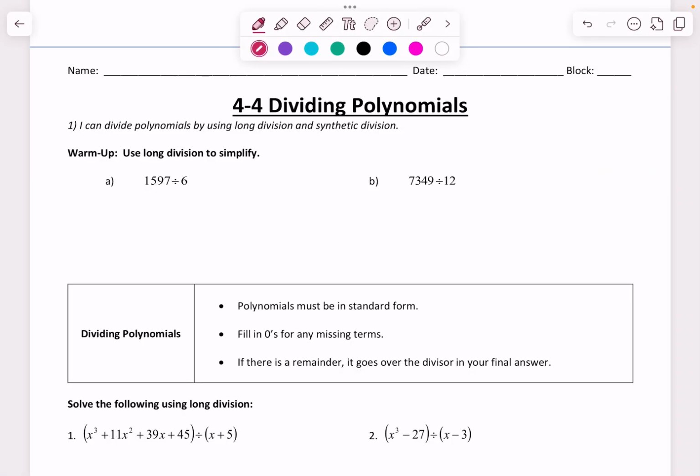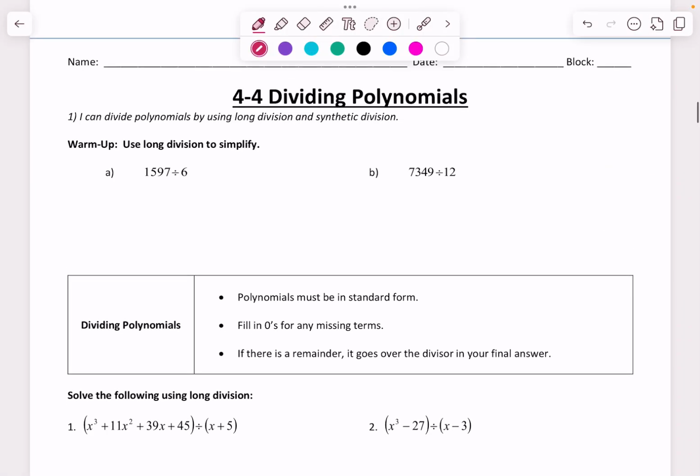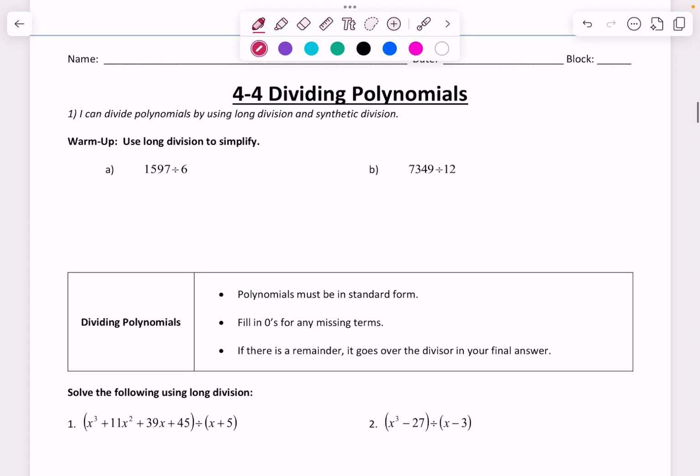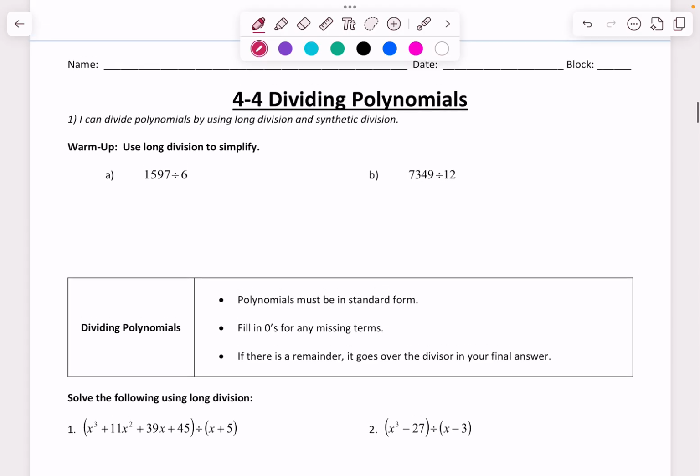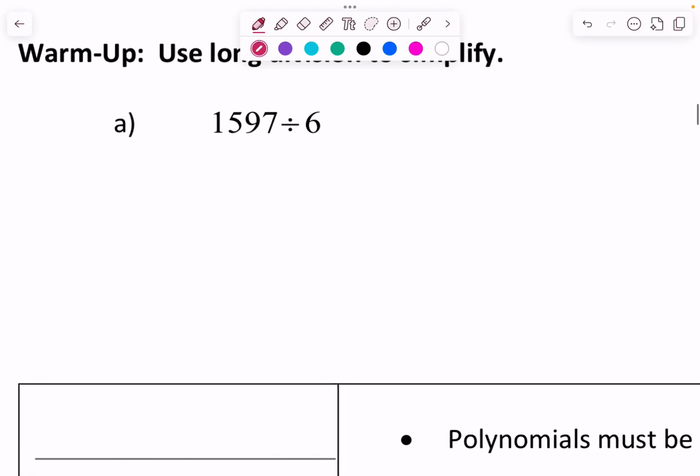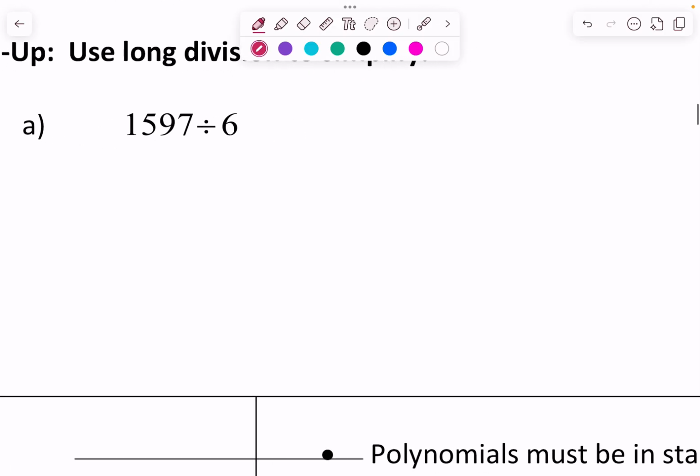Hey guys, so we're doing section 4.4, which is dividing polynomials. So we're going to start with a little bit of review. What does long division look like? So if I want to do 1597 divided by 6,